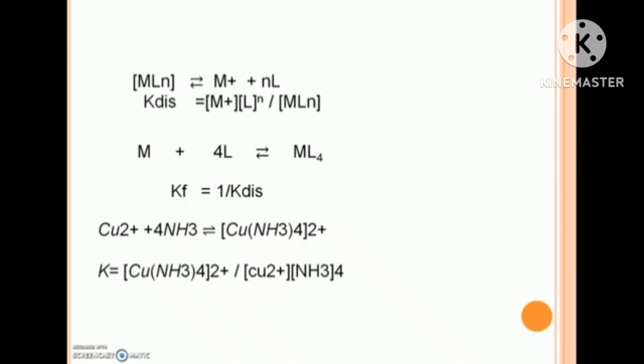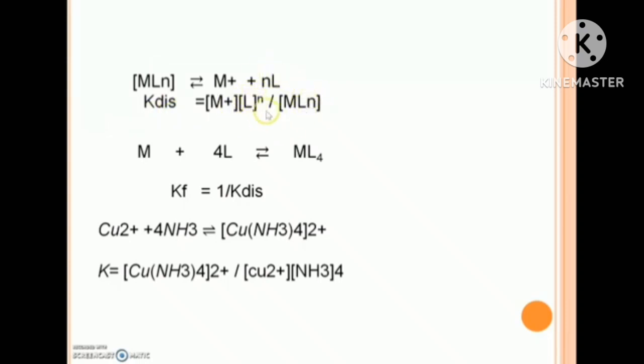we know that after some time an equilibrium is attained, and the equilibrium constant here we represent as the dissociation constant. That means the reaction taking place is dissociation. Here the complex MLn dissociates into the ion M+ and ligands. Therefore, we write the equilibrium constant as K dissociation, and we all know that the equilibrium constant is expressed in